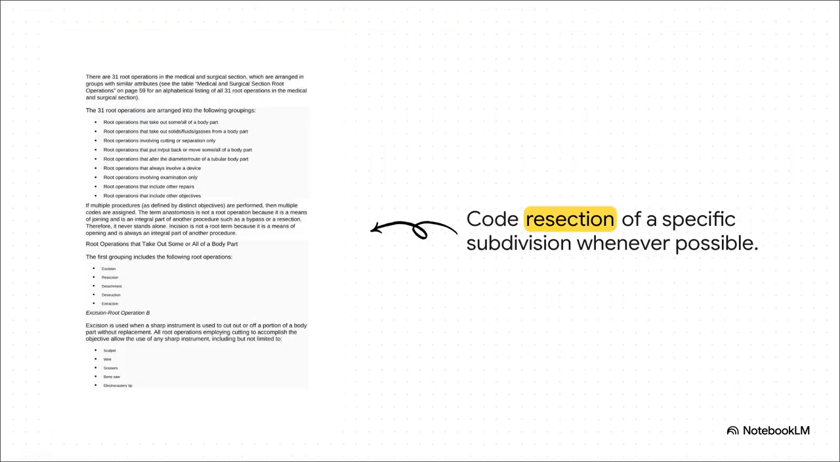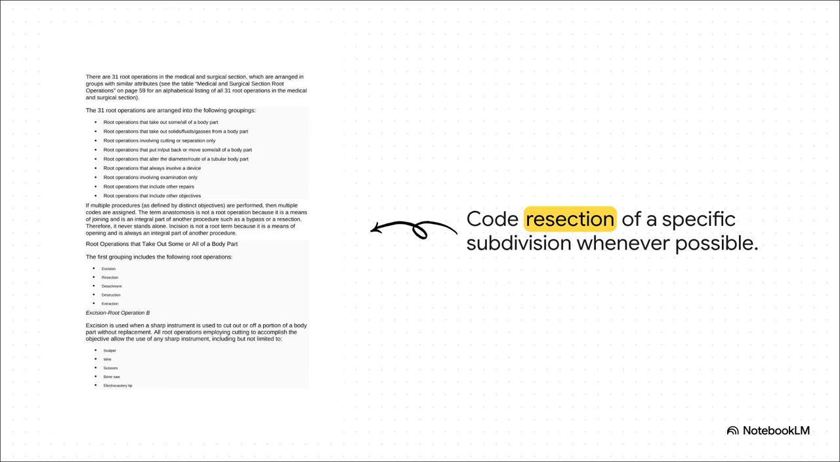Now, both excision and resection allow the surgeon to use any sharp instrument. Could be a scalpel, a wire, even a bone saw. The real determining factor here is the anatomical subdivision. The guidelines are super explicit about this. A resection of a specific anatomical subdivision must be coded whenever possible over an excision of a less specific part. So if a neurosurgeon completely removes a distinct lobe of the brain, you have to code the resection of that